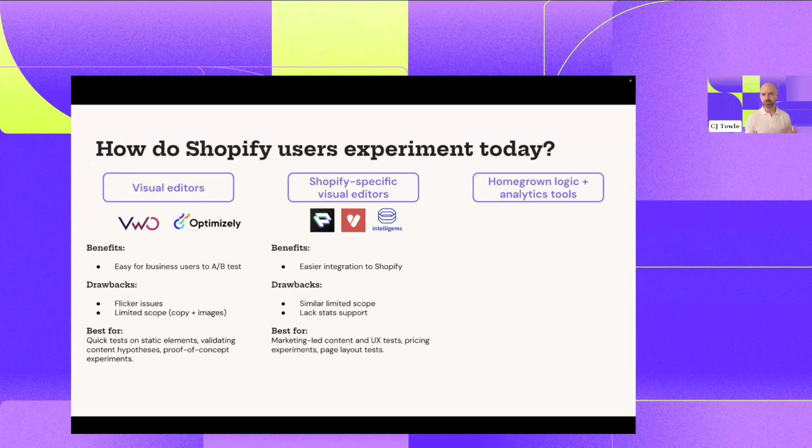There also exists a host of Shopify specific visual editors. So you've got like Pack Digital and Visually.io and IntelliGems there. Same principle, works the same way with a JS injection. Probably a little bit easier to integrate with Shopify for non-business users. But on the flip side, again, same kind of scope, same flicker issues, and you don't really have that like